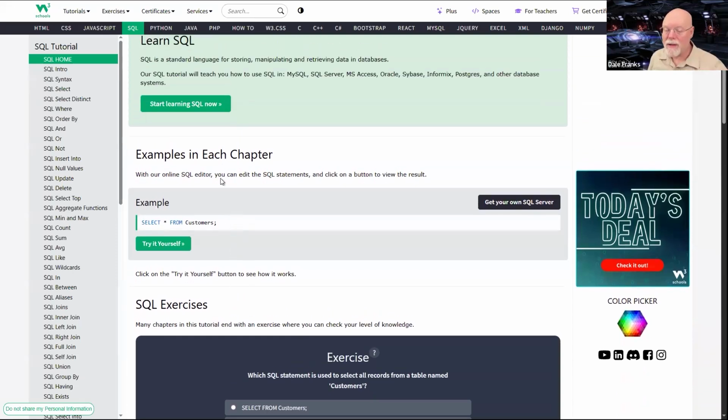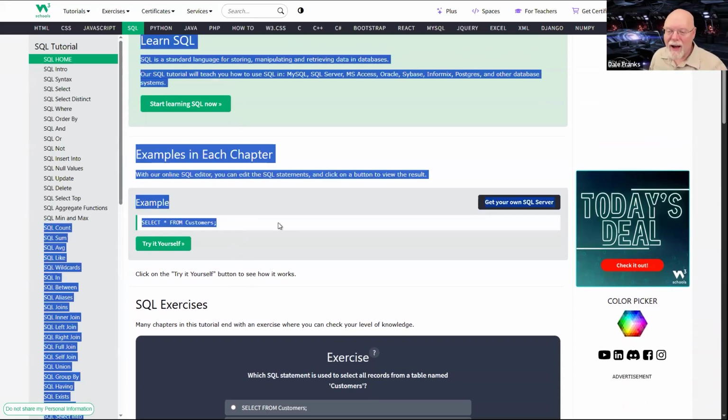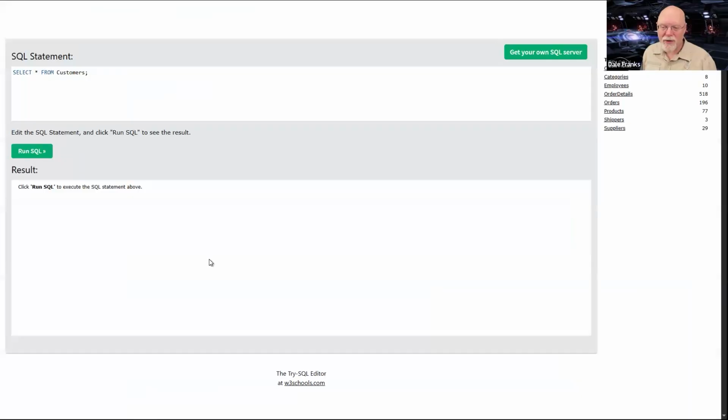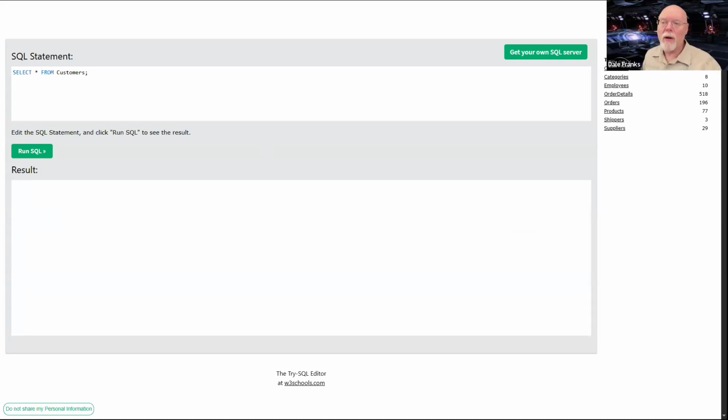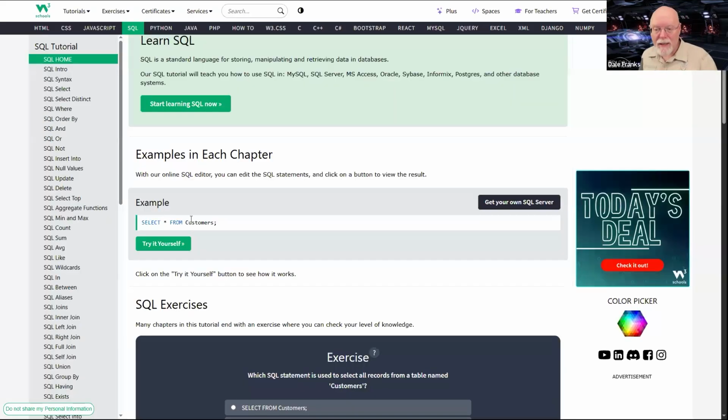And again, they start with the select, with a little try it yourself thing. And it's kind of cool because the little try it yourself thing allows you to play around with this Microsoft database, which they've used for years and years, probably about 30 years at this point. So it's a really cool deal, and it's really easy.